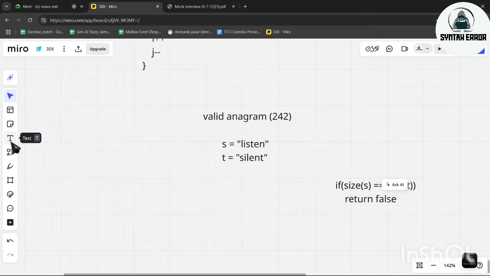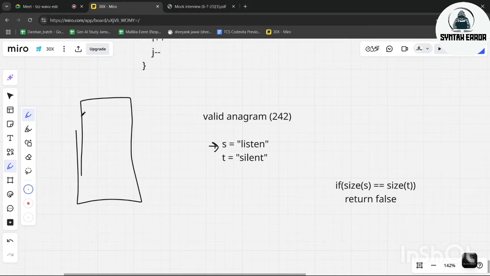So suppose we just learned about hashing. What we will do is we will take our string "listen" and create a hash table. We already know how we create a hash table. On the left side, we will have the key, which should be a unique one, and on the right side it will be a value corresponding to it. So now L: here we will get 1. The occurrence of L is 1 time.